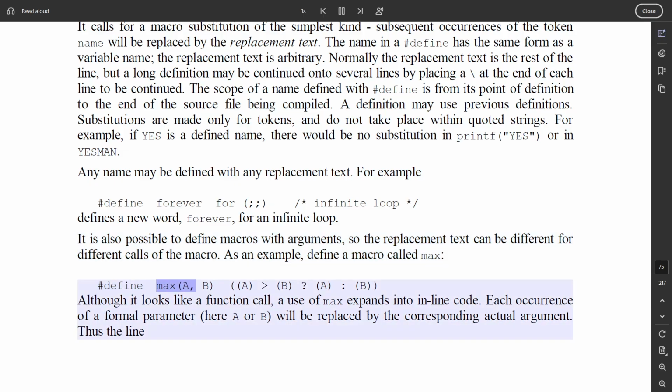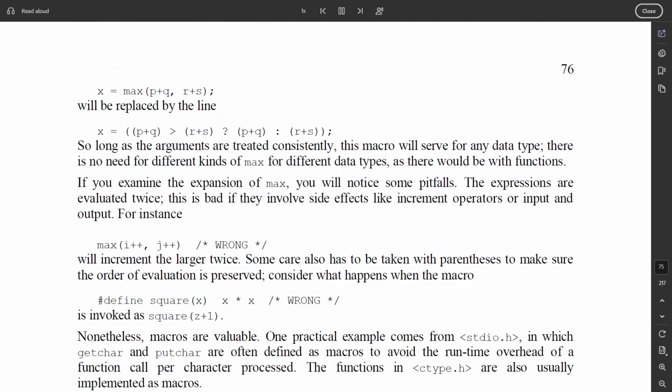#define max(A, B) ((A) > (B) ? (A) : (B)). Although it looks like a function call, a use of max expands into inline code. Each occurrence of a formal parameter, here A or B, will be replaced by the corresponding actual argument. Thus the line